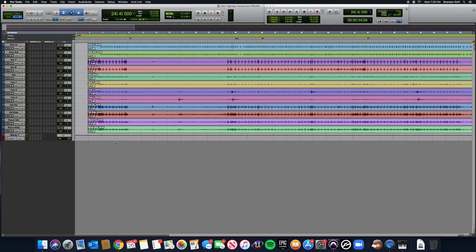So one of the things we're going to do is recolor all of our tracks as well as our regions. We know that if we double click on the leftmost track color here, it pulls up my track color dialog. I can click on yellow, and notice it changes that track header to yellow. Didn't change the regions, did it? If I click, drag, and highlight that full region,